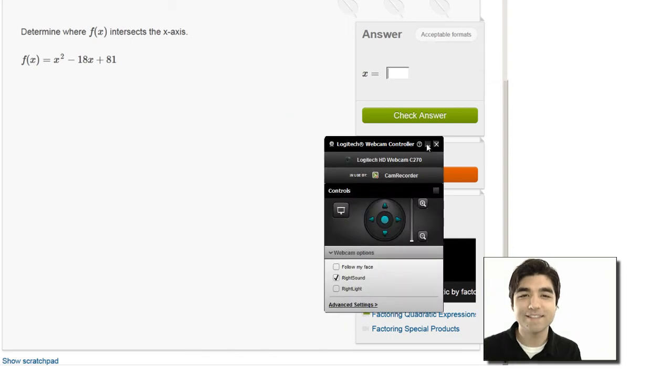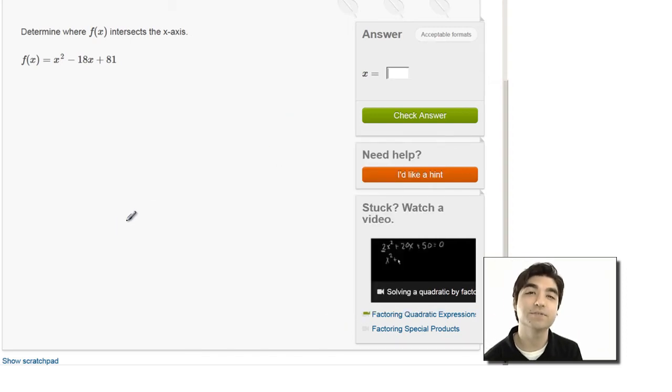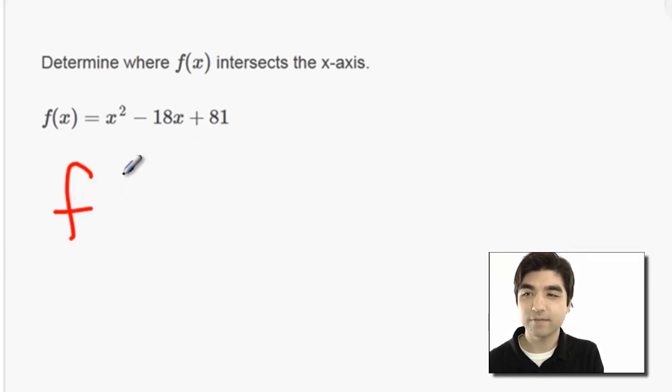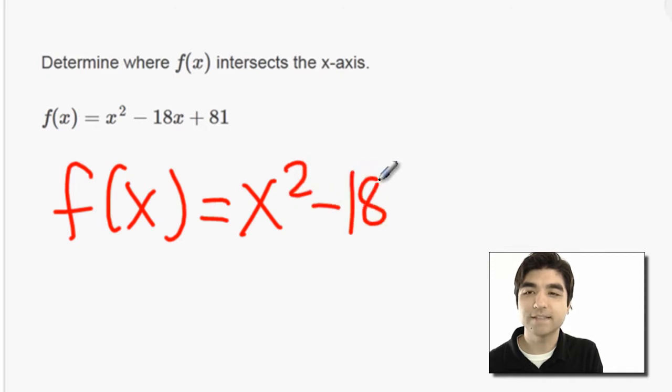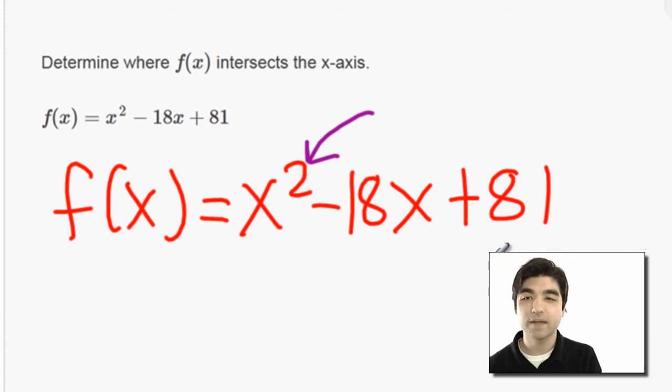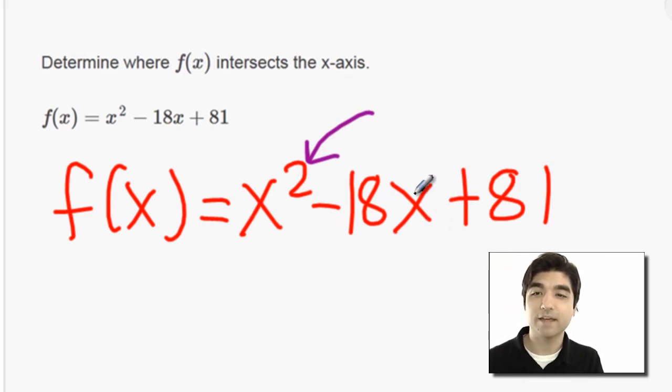Hey guys, in this task we're going to learn how to factor a quadratic. A quadratic formula, in case you don't know, check out this example right here. You have f of x equals x squared minus 18x plus 81. What makes this a quadratic equation is this squared right there. And this is a very typical quadratic equation. You have one x that's squared, and then you have another x that isn't, and then you have another number